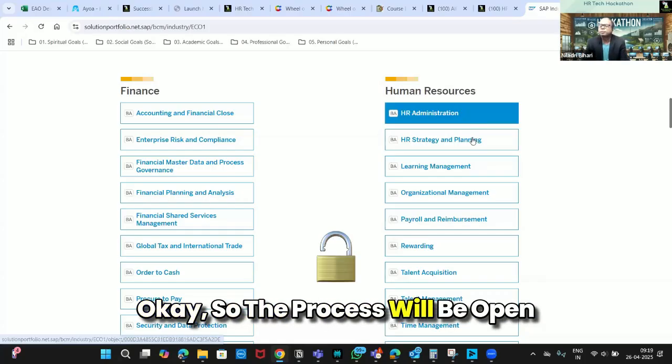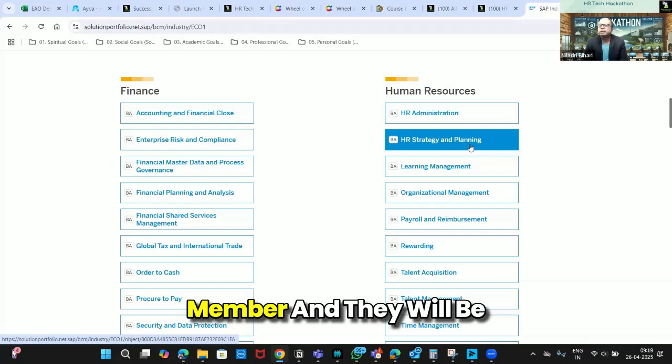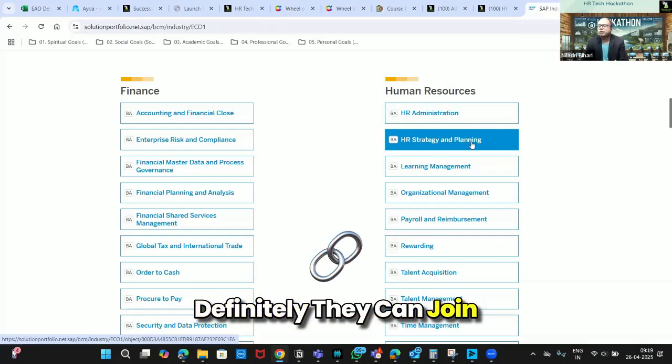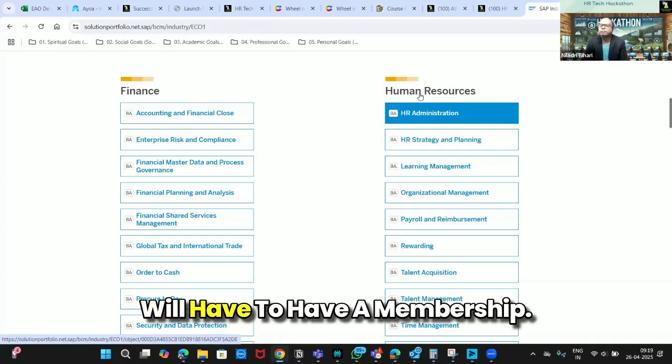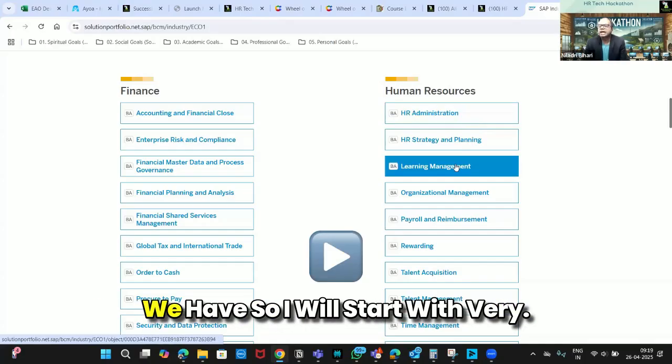So the first session is open for everyone. From the second session onwards, it will be for people who are members, and they will be getting access to the pass. Live sessions they can definitely join, but for the recordings, they will have to have a membership. Okay, so coming to HR, human resources, we have